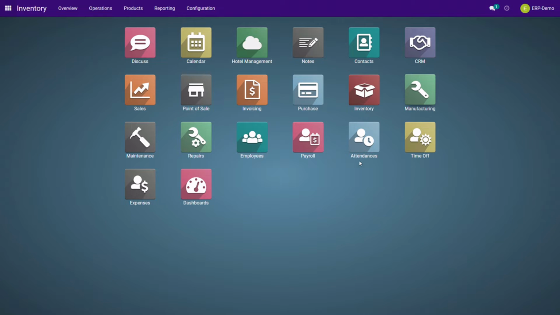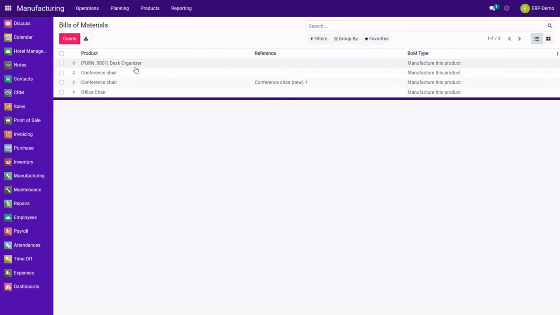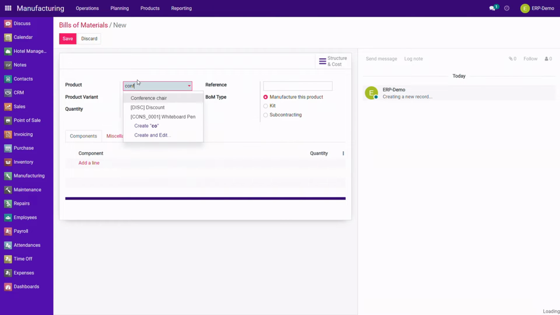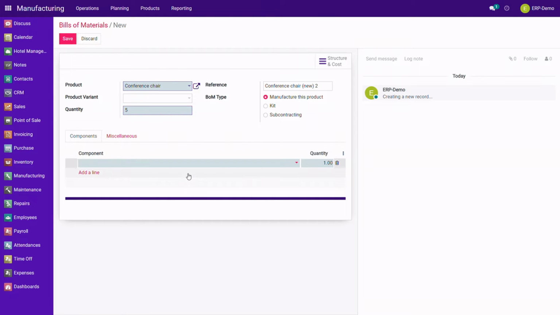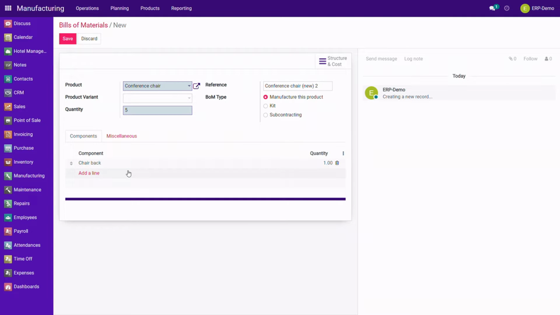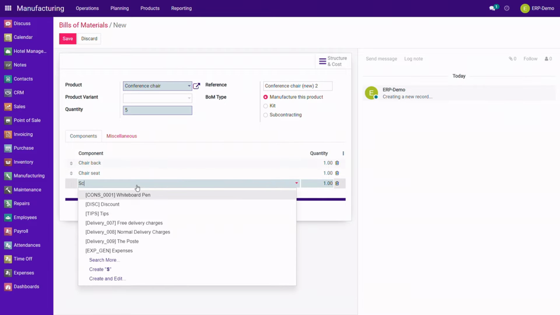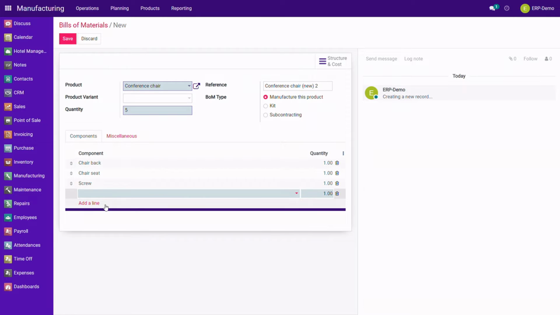In this video, we will see how the order is changed from sales order to manufacturing order. First of all, click on the manufacturing application and then click on products, then on bill of materials. Now create a new product as I am creating one with its components, which makes this bill of material. Save the product created, then click on the